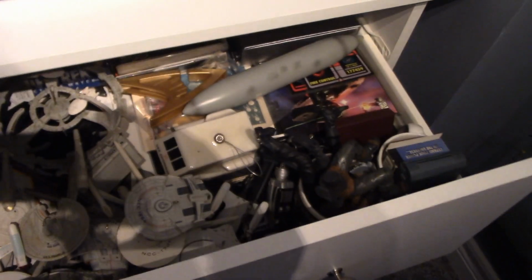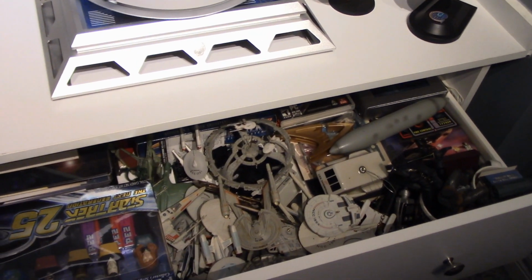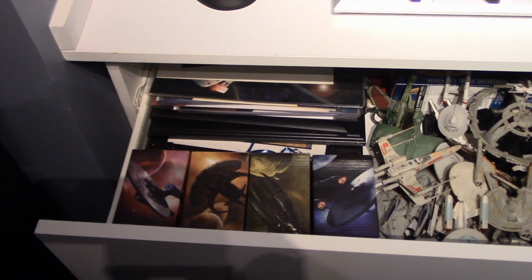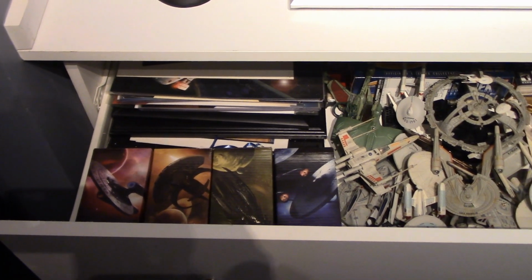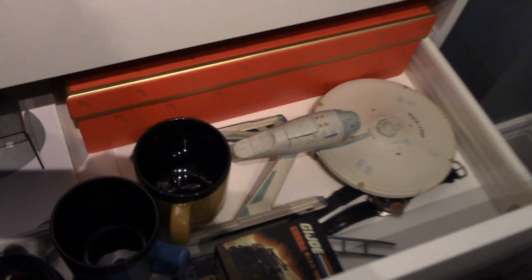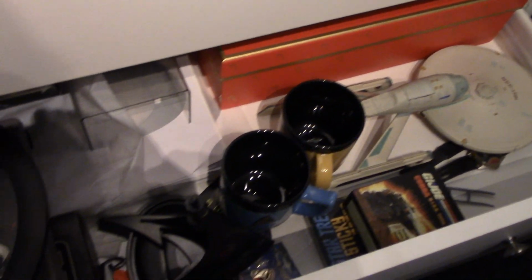Alright. Open the drawer. Got various random stuff in there. Bunch of Hallmark ornament ships. Some calendars, blueprints. Burger King 2009 Star Trek glasses, Pez dispenser, and then in the bottom shelf there's my extra Bandai refit that the stand's broken for, but